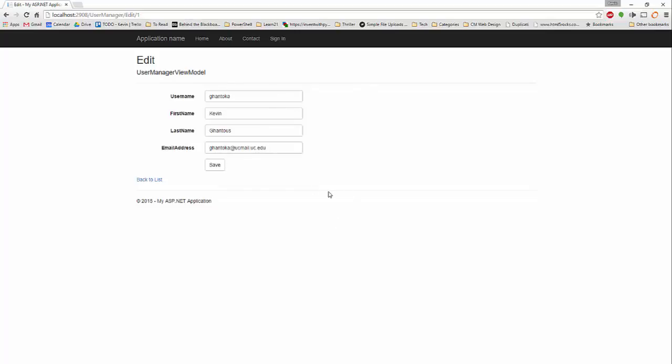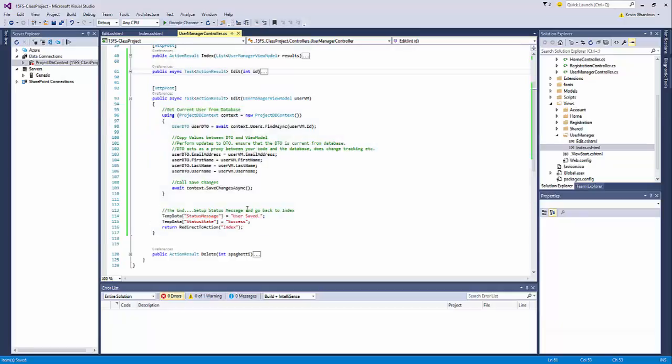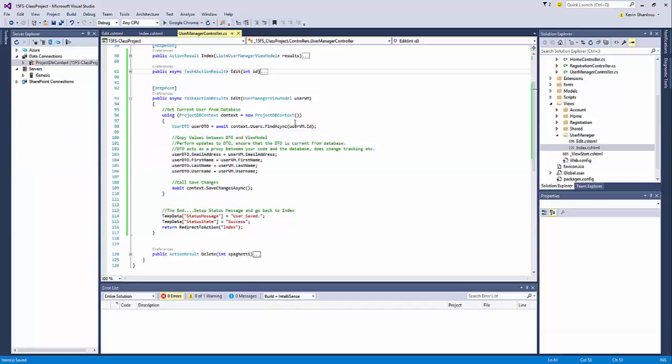So we've got this form, we fill it out, and we hit submit. Then the submit piece of it takes us into the postback, or the HTTP post handler of the edit process. So we start off with the new copy of the user VM that gets created by the model binder. With that new user VM, we basically do things backwards. So we start by creating a DB context for our project. We use the same find async, and in doing that, this ID value is now actually coming from